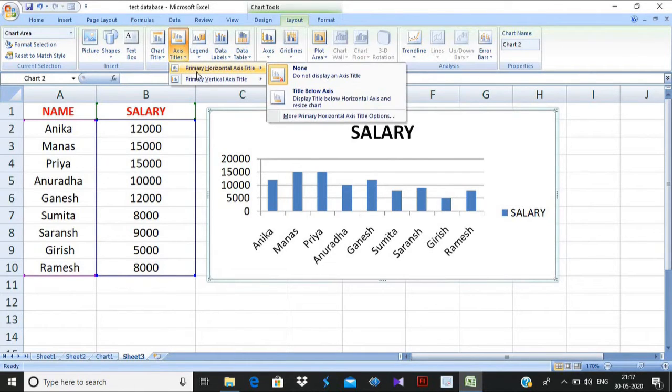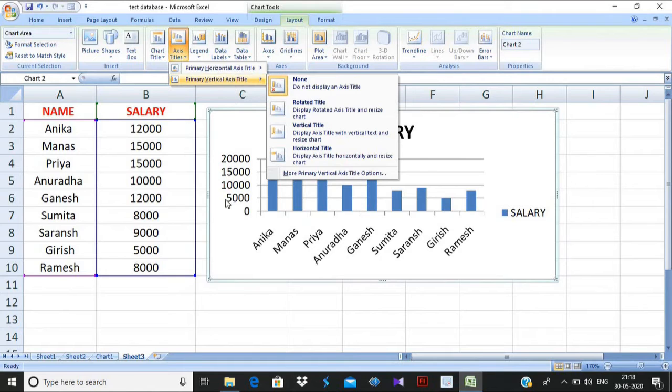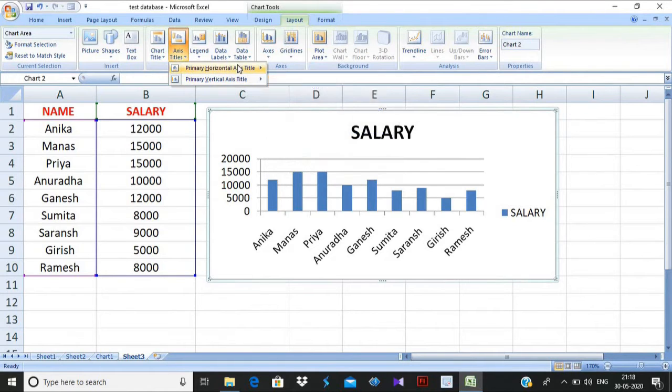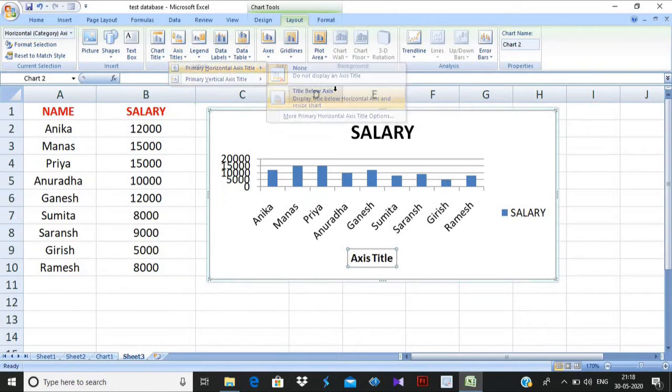The first option is primary horizontal axis. The horizontal axis is this x-axis, and the primary vertical axis is this one. In the horizontal axis I will click on title below axis. It will write here what this axis is describing.